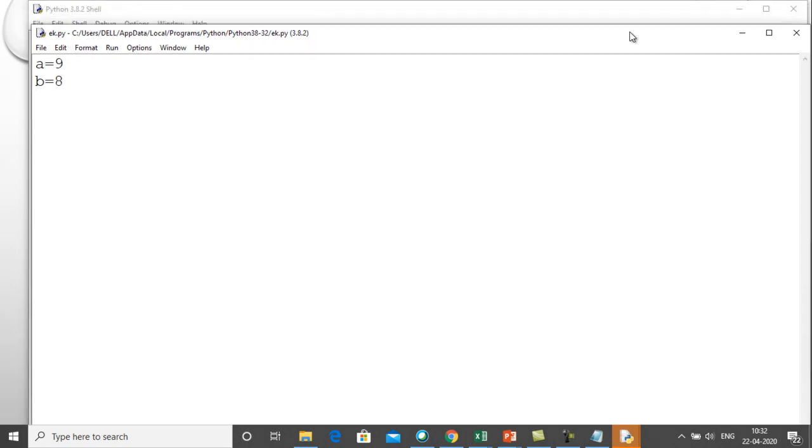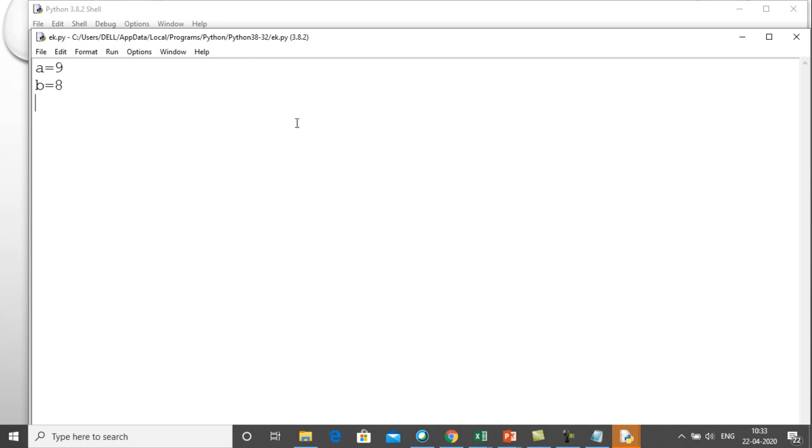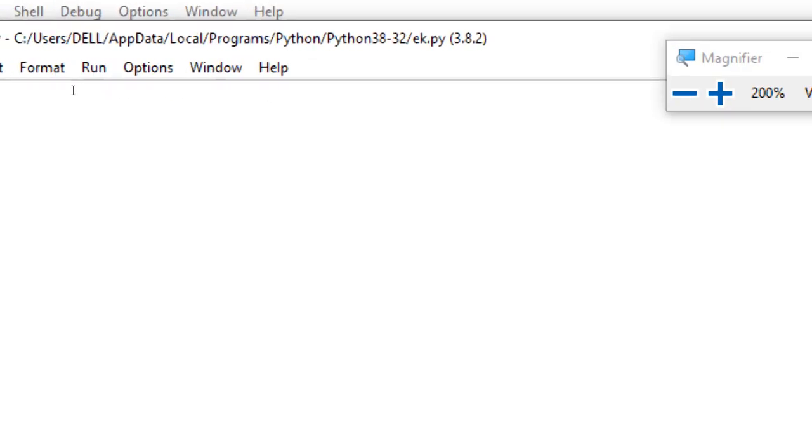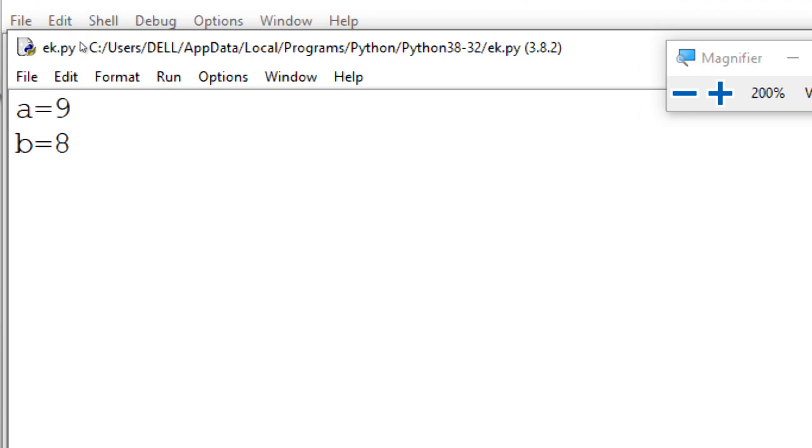Now after that, you have to look at this location. Let me increase the size. Over here it is written C drive, Users, Dell, AppData, Local, Programs, Python, 38-32.